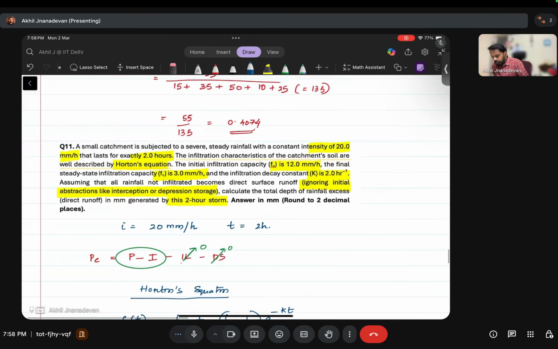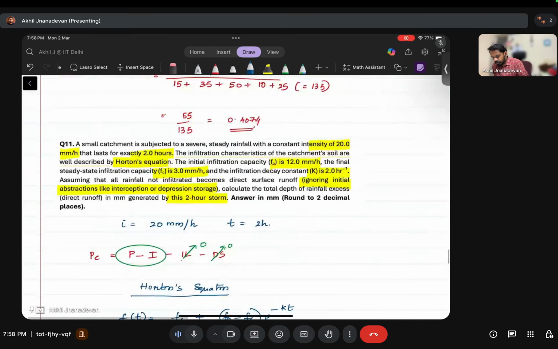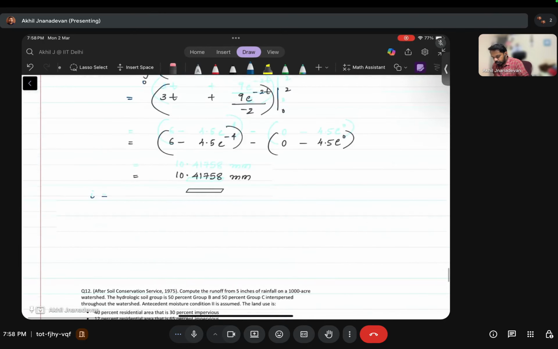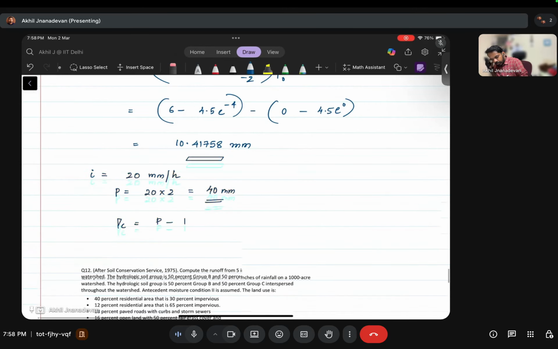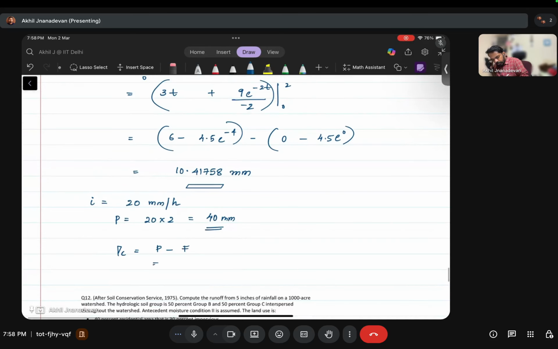So total infiltration is 20 mm per hour. The total precipitation happening is 20 into 2, that is 40 mm, right? So the rainfall excess can be calculated as P minus the total infiltration that has happened, F, that is equal to 40 minus 10.4178, 758, that will be coming around